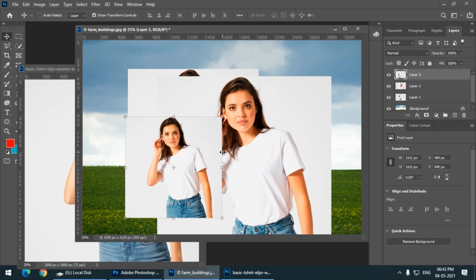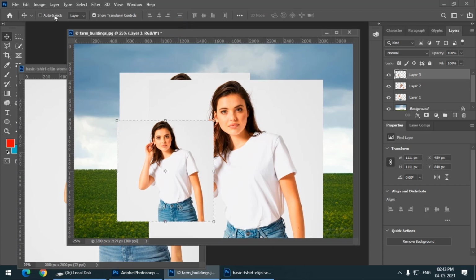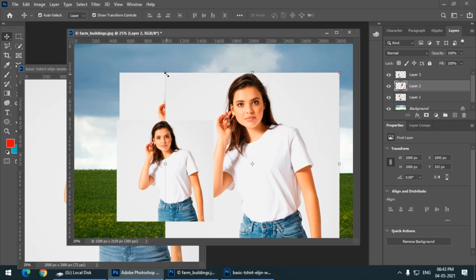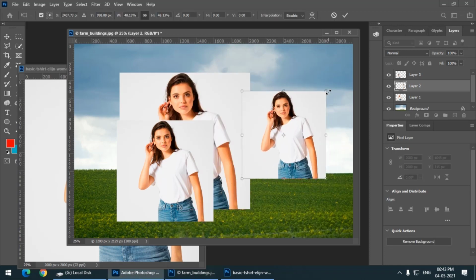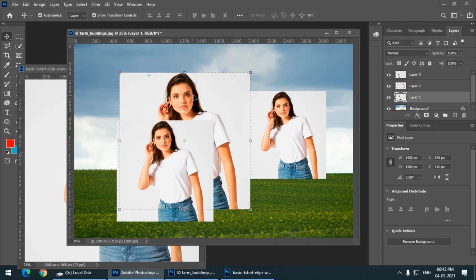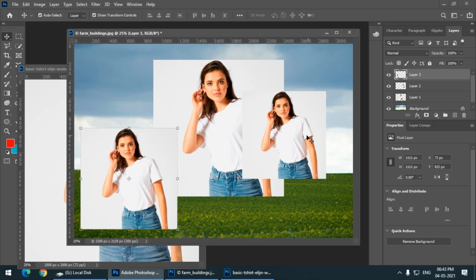This layer is selected. We will discuss layers later on, but for now, if you want to select this image, you have to turn on this option on the control panel, Auto Select. As soon as you select this option, you can simply click over here, and this will be selected. You can perform whatever commands you want, press Enter. So this will simply select whichever image you click on.